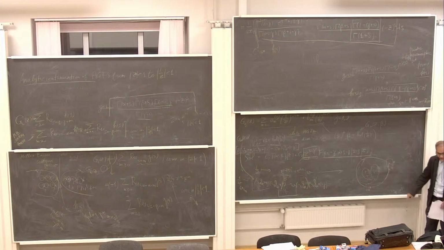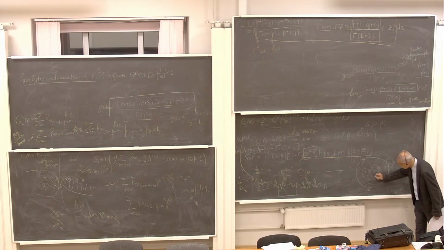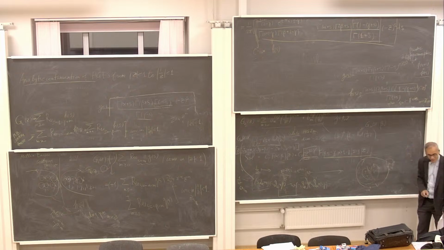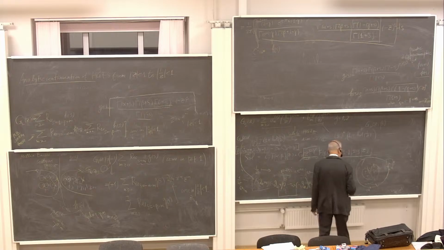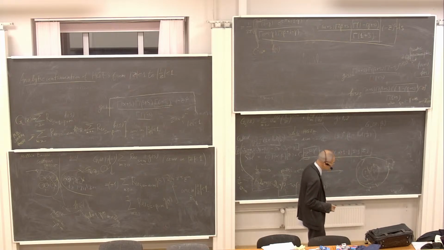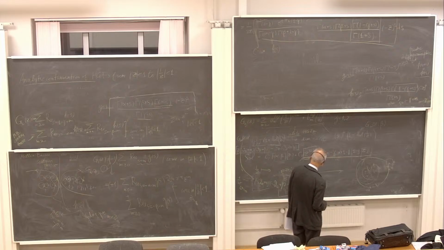In fact, it again corresponds to the fact that the loops around 0, 1 and infinity, the composition of the three loops, will be the identity, the trivial element in the fundamental group of P1 minus 3 points. Yeah, this is another way to see it. Okay, so let us fix in this manner